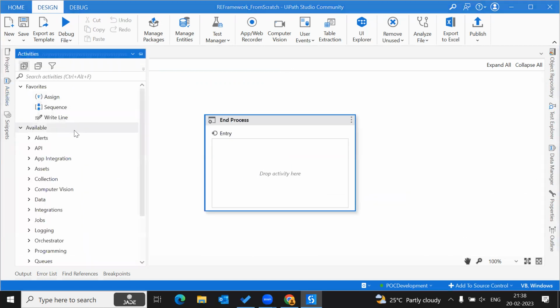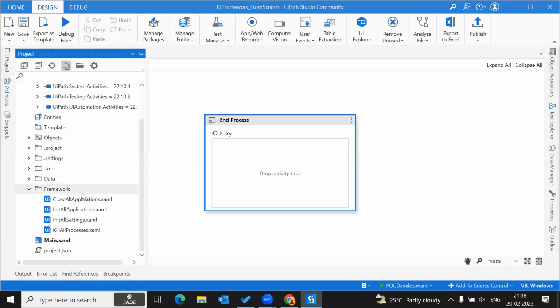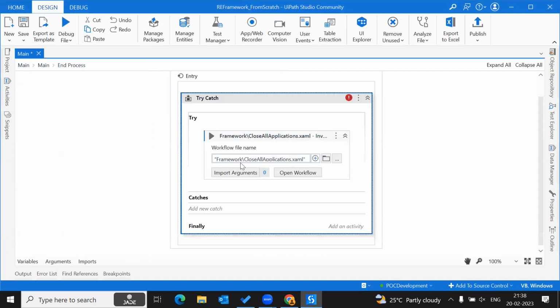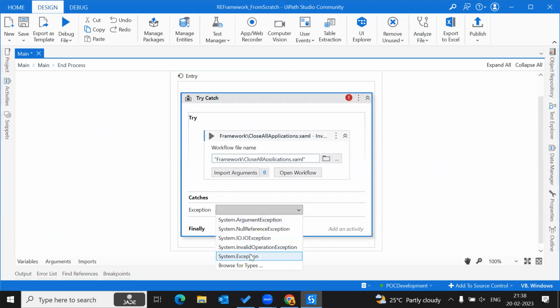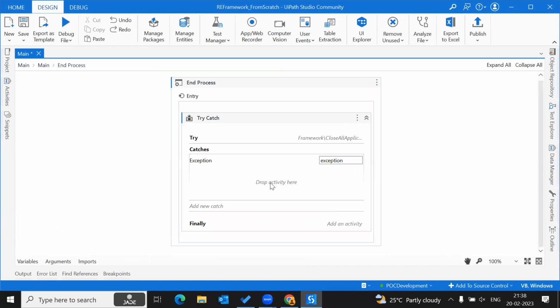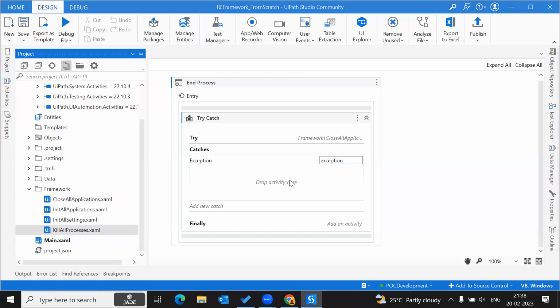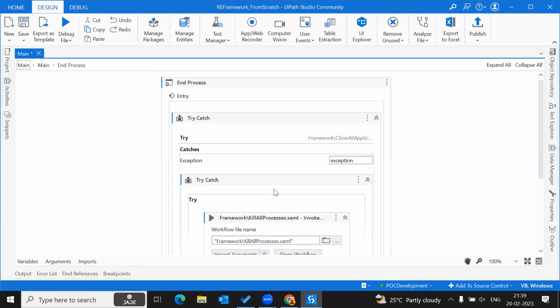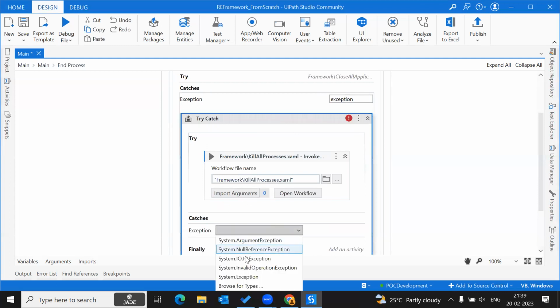And here we'll be using this close all applications. We will be putting this in the try catch, because there might be a possibility that we may not be able to close the applications for some application related reasons. So we will be handling that exception. And inside this catch block, we'll use the kill all processes, so that if the application is not closed and an exception occurred here, it will go to the kill process. And even for a safer side, we will be putting this also under